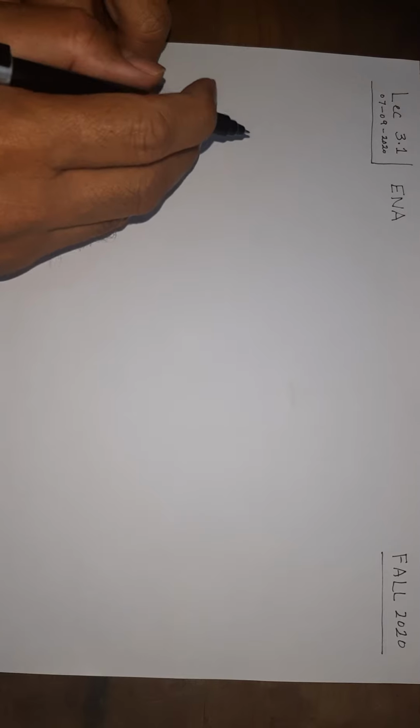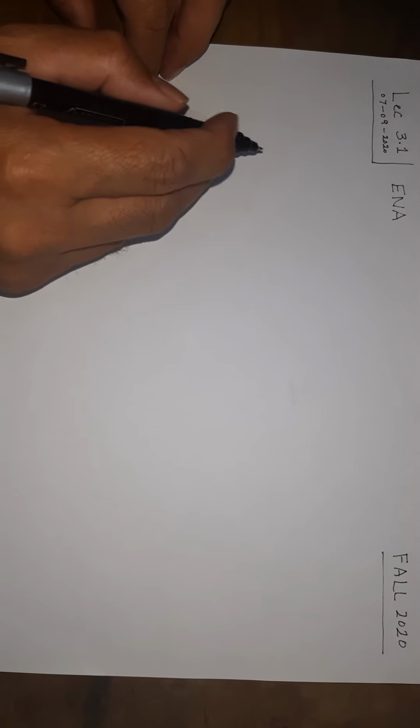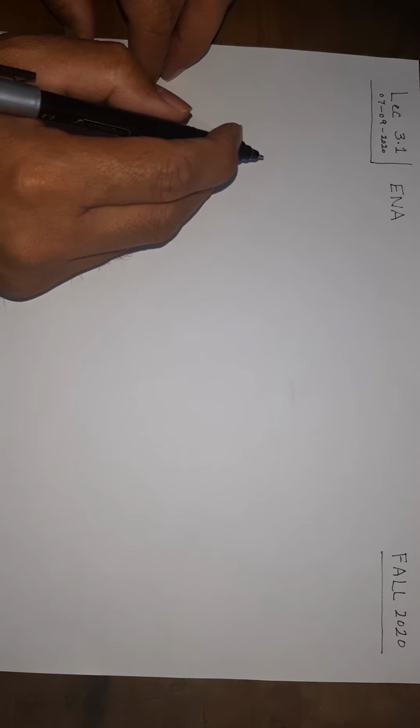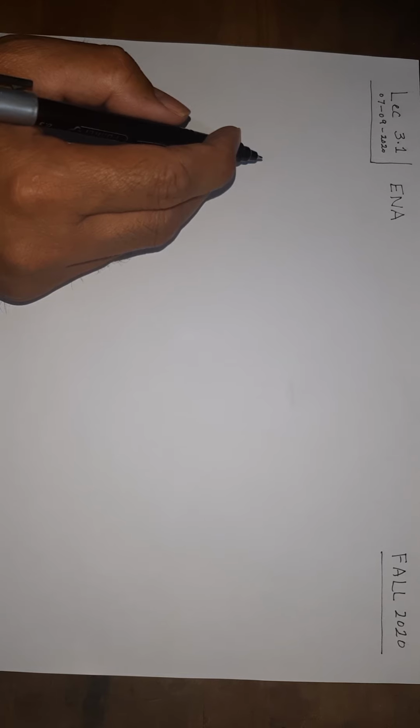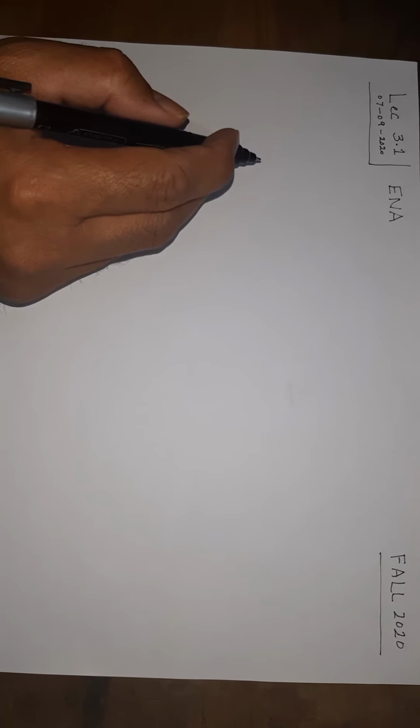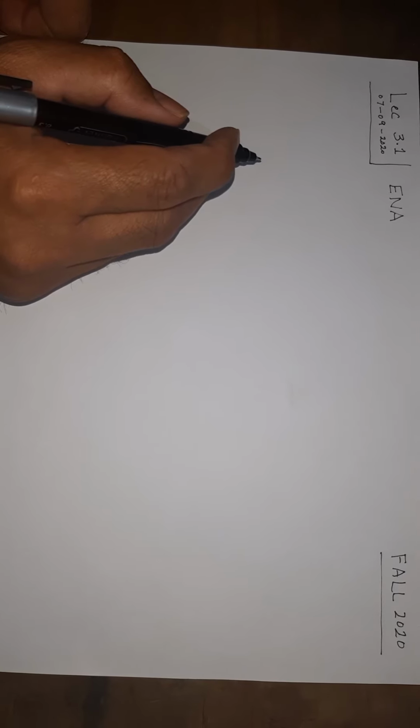Okay, so this is the third lecture of ENA, and we have seen the magic happening up till now, but we don't know why this magic is useful. Why do we do the particular steps that we do in order to solve the sinusoidal steady state circuits? So today we are going to discuss something about that magic, and we will try to bridge the gap. We will start with what we know.